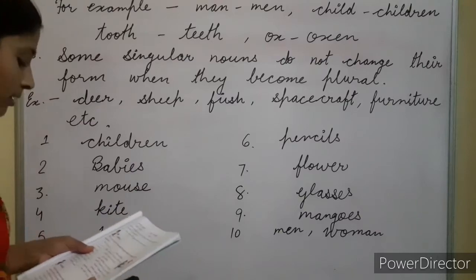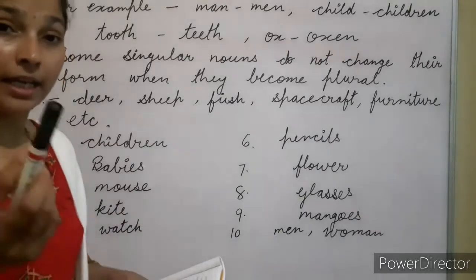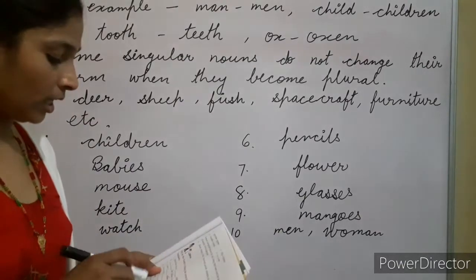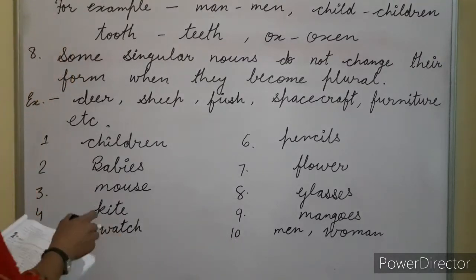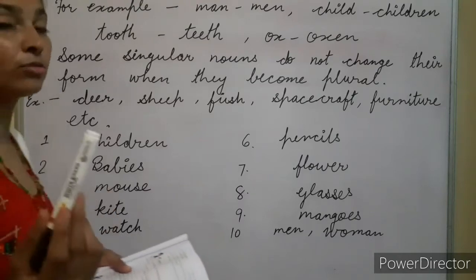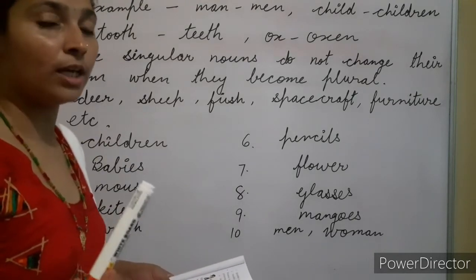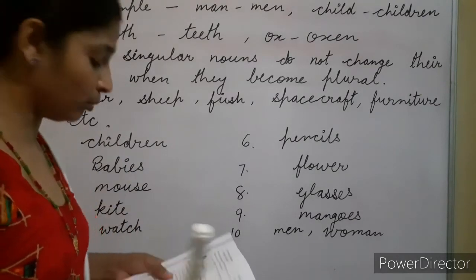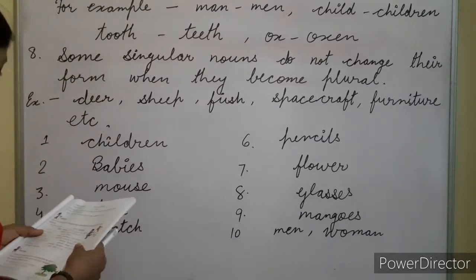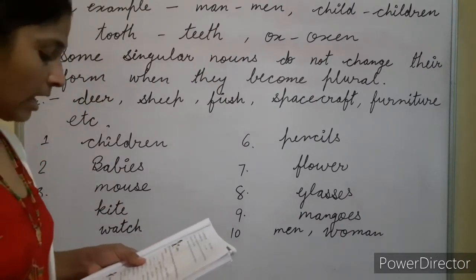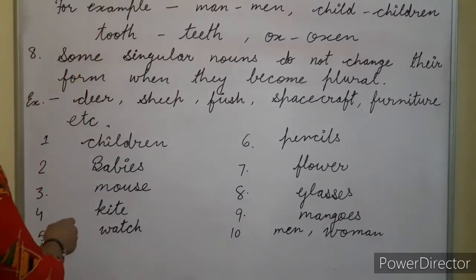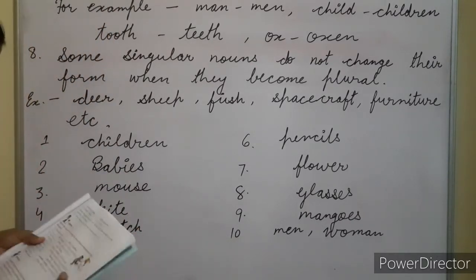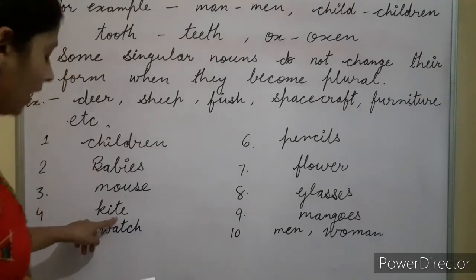Next is third number sentence. I saw a blank. A mouse or mice running by. So what will you put here? A mouse यानी एक mouse के बारे में बात कर रहा है यहाँ पर. Okay. So that means singular noun you will put here. Next is fourth number sentence. I love flying blank. Kite and kites. So I love flying kites. Okay. So here you will fill kite.